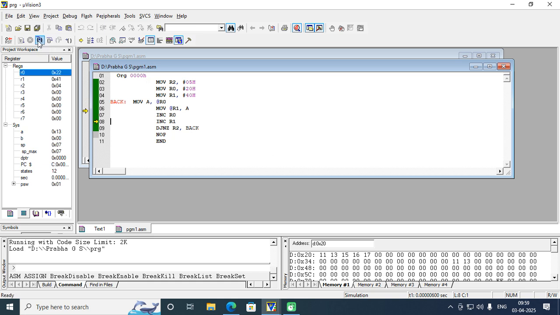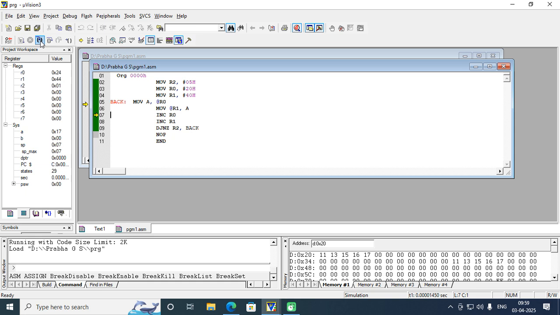If you continue the same steps until R2 becomes 0, all the data present in the memory location will be transferred to 40, 41, 42, 43. Finally R2 becomes 1, the last step. So 17 must move from memory location 24 to 44.